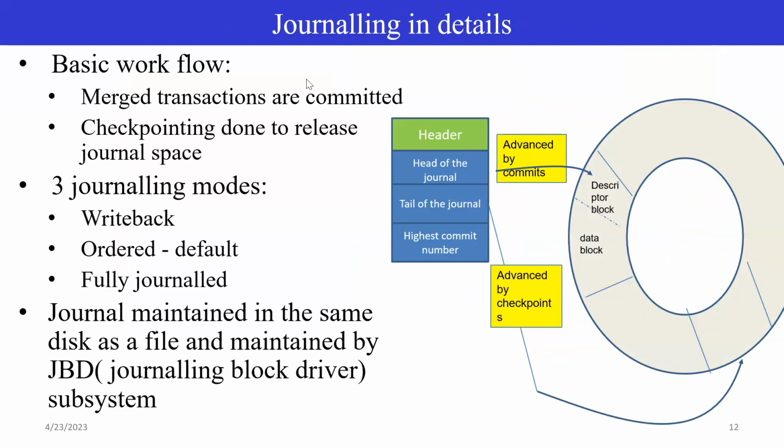So this is the basic workflow. I just made this pretty simple. This is your journal, okay? What you see between these two non-dotted blue lines is one commit record. Every journal has a header in a fixed place: the head of the journal and the tail of the journal, and every commit will have a commit number, like this. Now, whenever a commit happens, this highest commit number keeps getting